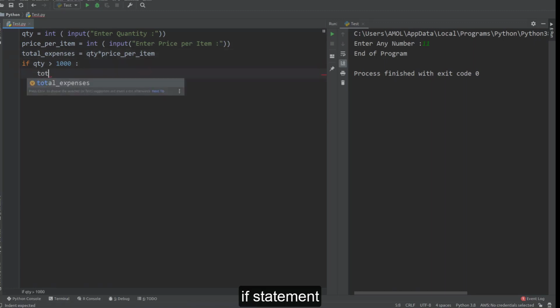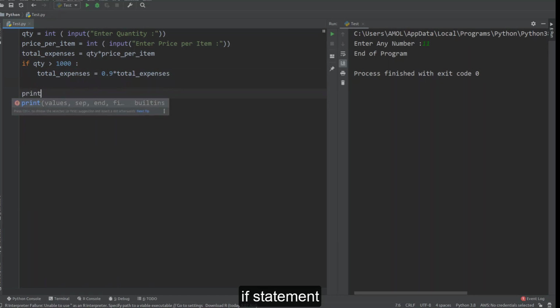So we can write total expenses equal to 0.9 into total expenses here. So we are offering a 10% discount if quantity is greater than 1000. And then here print final expenses like this one.